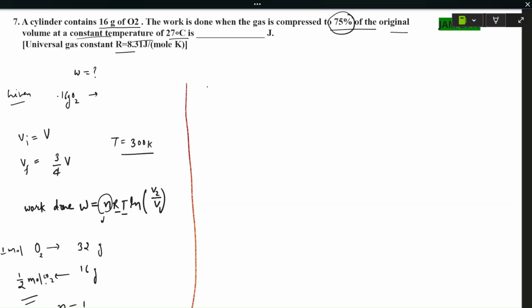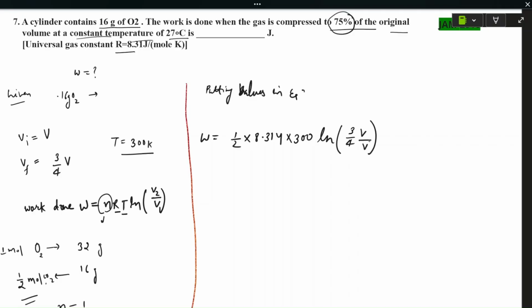So putting the values in the equation, we get work done W is equal to n, which is half, R is equal to 8.314, and temperature is equal to 300 Kelvin, and ln V2 that is 3/4 of V, and V1 is equal to V. So V cancels out. So this will be equal to 150 into 8.314 into ln